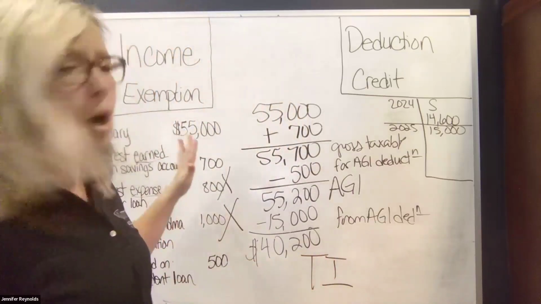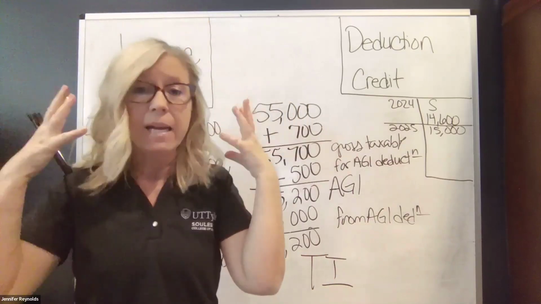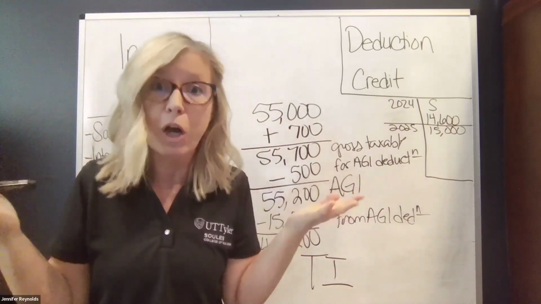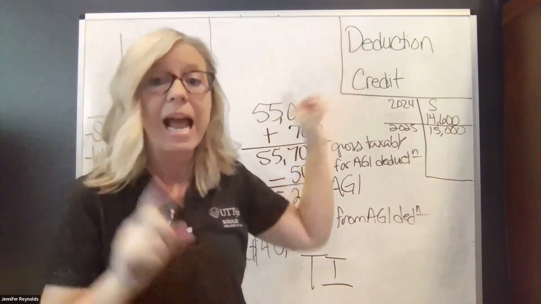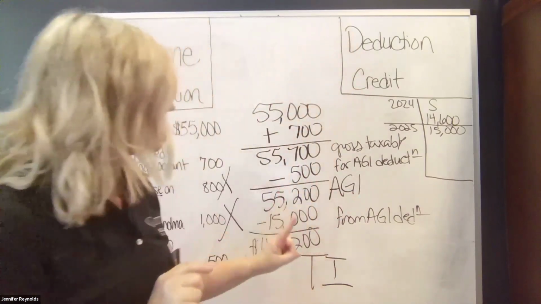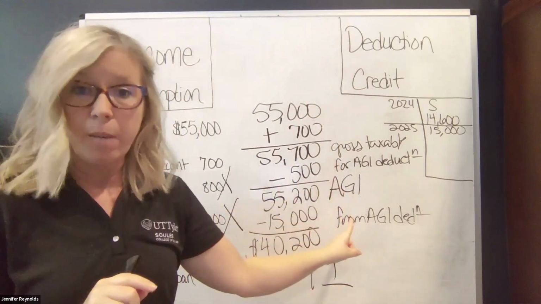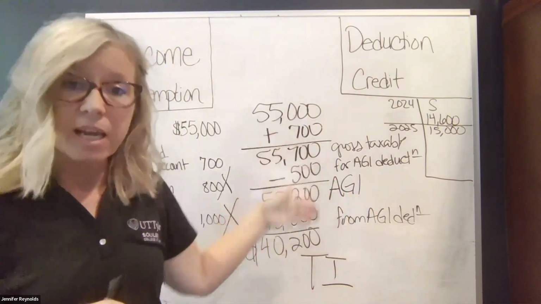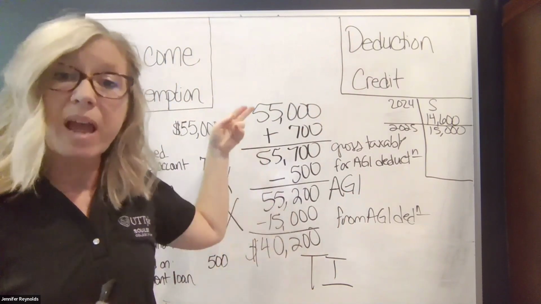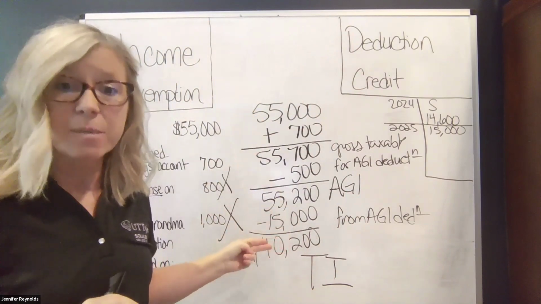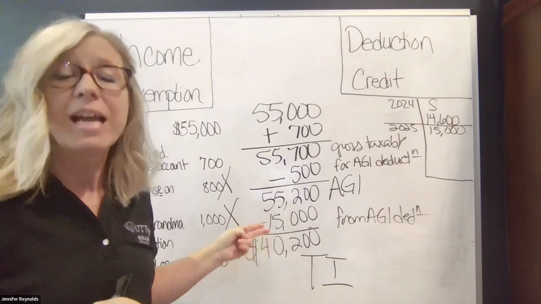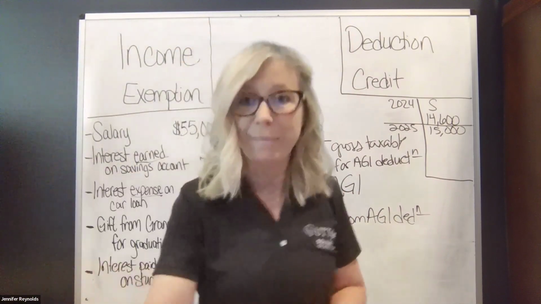So, okay, hopefully you've got down, stop and replay, see if you can explain it to your cat or your dog like Murphy, the difference in income, exemptions, deductions, and credits, and what the difference is in a for and a from AGI. And then again, hopefully you can see that just because we have income doesn't mean that we pay taxes on it. Our taxable income that we finally get down to is the amount that we pay federal income taxes on.